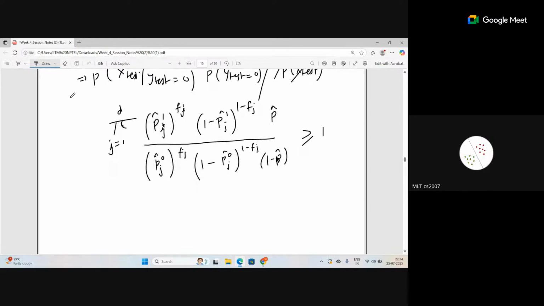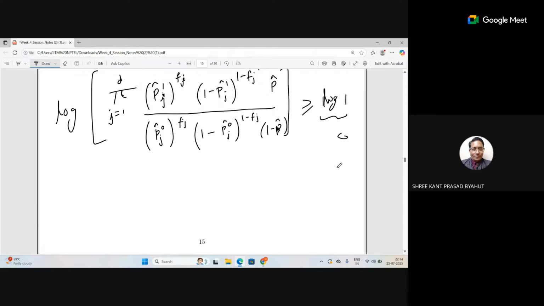Until this part, all of you are with me. Now, what I'll do is I will take log on both sides. Is that okay? So log of 1 is 0. So this entire term will be 0. Can I just do it like this instead of writing whole terms? I'll write it as 0. Is that okay? Now, if this log goes inside this product, what will happen to this product?